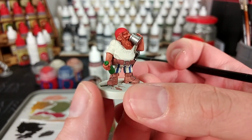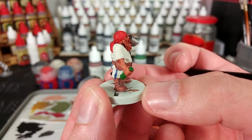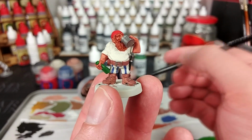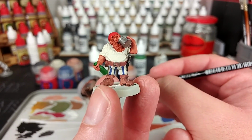Now you'll see that it hasn't actually done very much to the red, but that's not a problem because we can of course highlight that ourselves. But for the skin, what a lot of depth and real character that brings out again. So I've got my Agrax Earthshade, because of course,